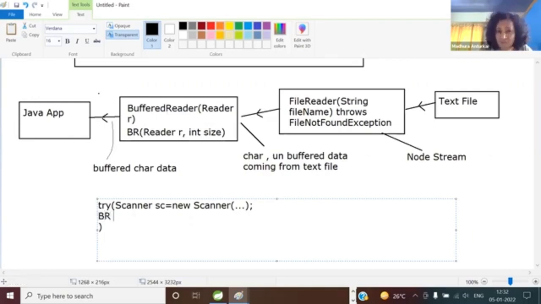So BR is my short form for buffer reader. BufferedReader br is equal to, I'm still in the try with resources. Tell me, which is the first class we are going to instantiate? New BufferedReader. Chaining of streams. Tell me, what will be the input of a buffer reader? What will be the constructor argument, please? Inside the buffer reader constructor we will have, yes,